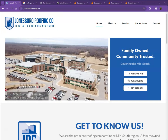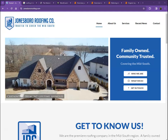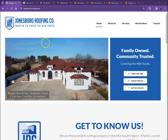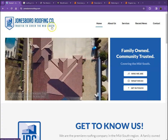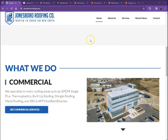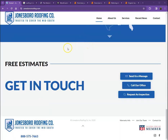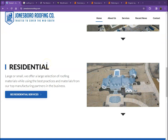I'll be going over a few things that can help you rank higher, bring you more traffic, and of course get you more customers. So let's start off with your website. To tell you honestly, you have a pretty good website. You have your logo here, a call to action, a pretty good amount of content, nice photos, and a perfect layout. There are just a few other things we're going to talk about first to get you on top